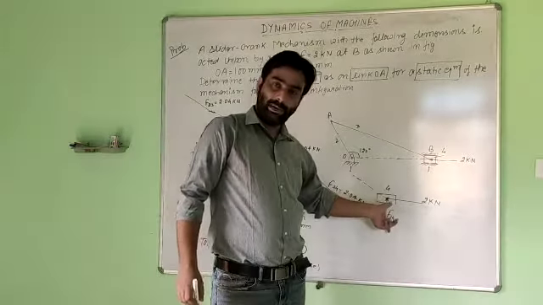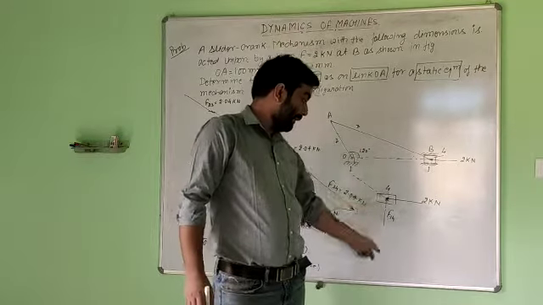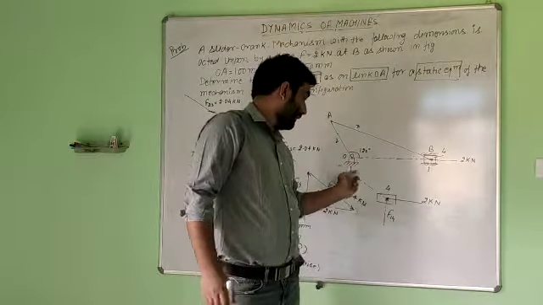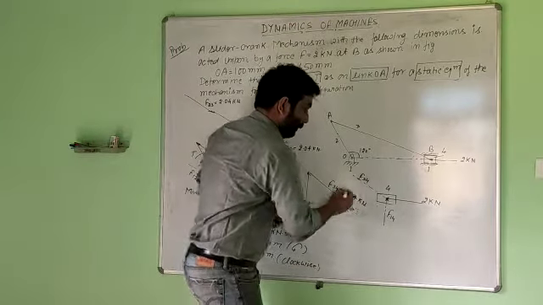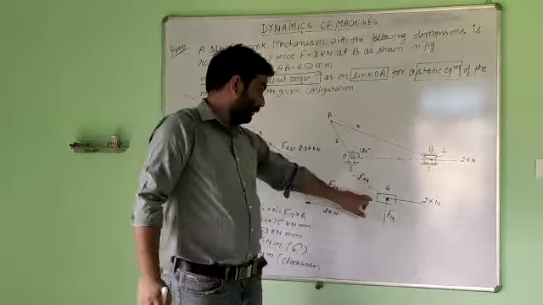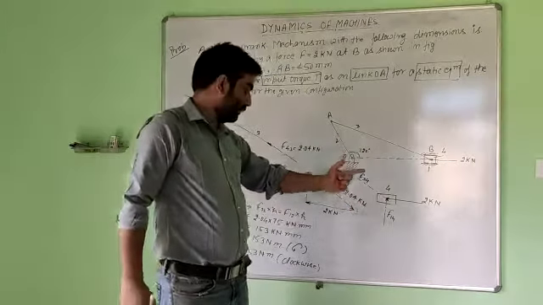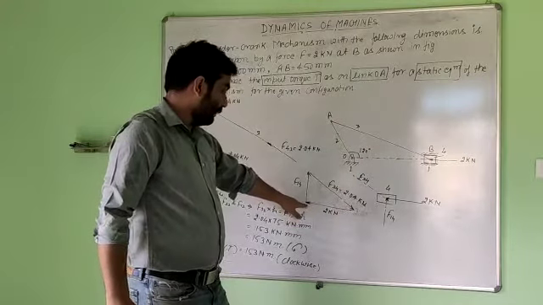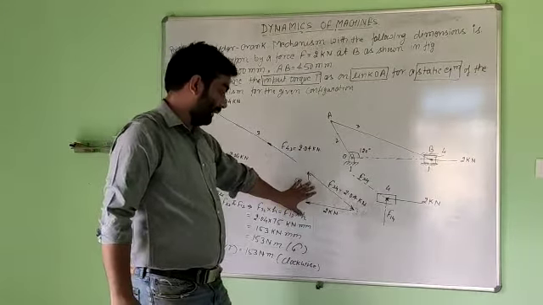For F14 we don't know the magnitude and we don't know the direction, but we have the line of action. And in the same manner, we have the line of action of F34 also. So they all are meeting at a single point. First condition fulfilled for equilibrium under the action of three forces. Then we will draw the force triangle for calculating the magnitude and direction of force.